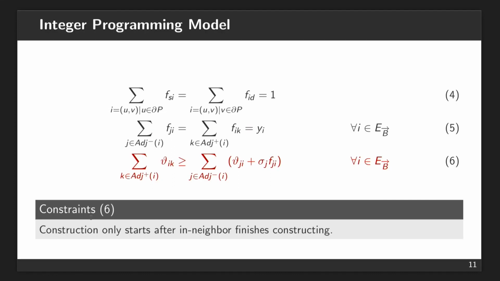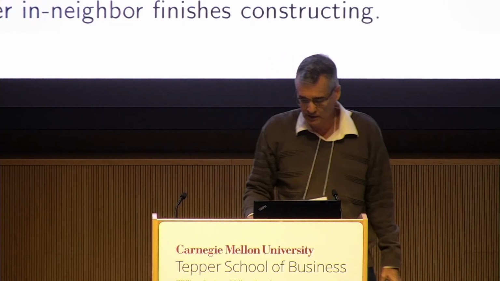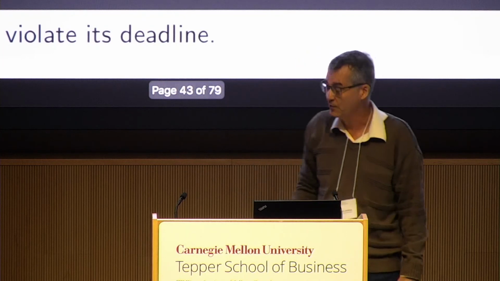And then we have the starting times for the construction of the barriers. Then here, there can be only one barrier constructed after a barrier i. So one of these variables will have a positive value if you have constructed another barrier before barrier i, and this will take you some time sigma_j, and then you need the starting time of the barrier j that is preceding barrier i. So this is just a relation between the starting times of the construction of barriers i and j.